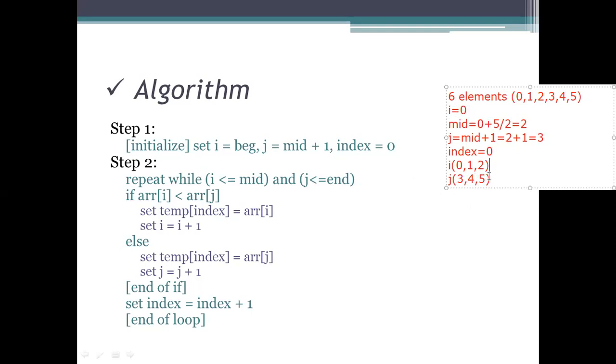So here we need to check whether it is having the array elements that we are having. This is the process of placing the elements here. So how am I going to process this? Up to which extent can I process? Here I need to read the elements of I up to mid, and J will be considered as 3 up to end here. These are the elements. If array of I is less than array of J, we need to consider the array element to be stored in the temporary array where the index is equal to 0.